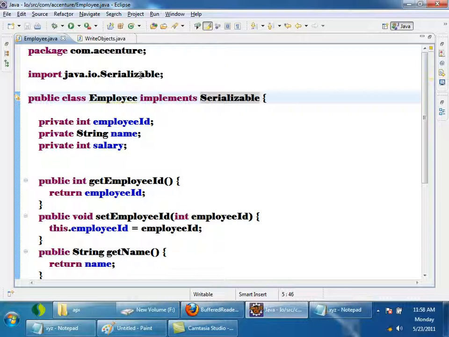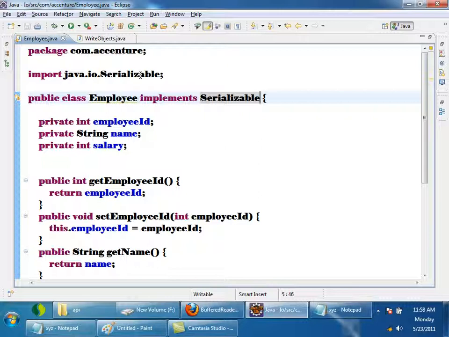Yes, so the JVM should understand. I told you the JVM will not allow all objects to be serialized, so the JVM should somehow know that this object can be allowed to be serialized. So whenever we try to serialize an object, the JVM will check: is this object implementing Serializable? If it is implementing, then it will allow that object to be serialized.